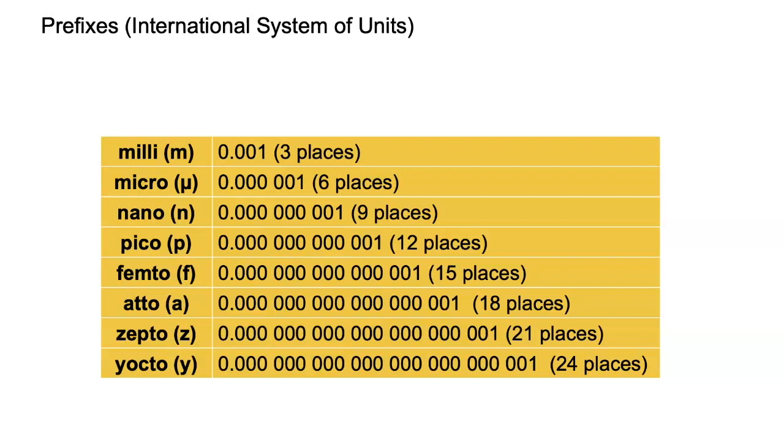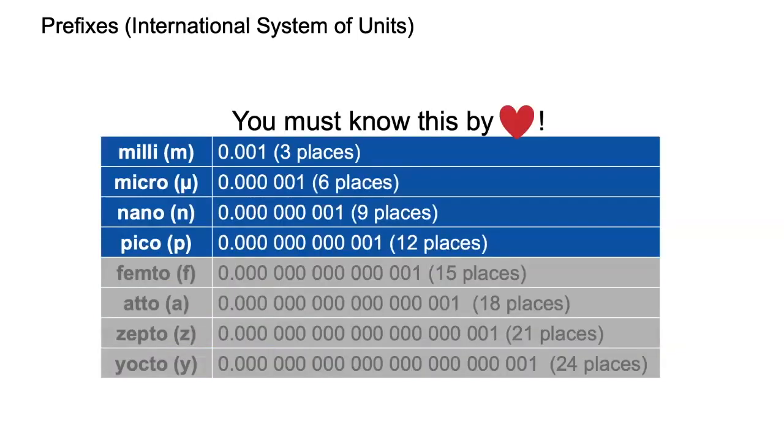In terms of hardware, I think we use maybe the first three, but we are not yet at the smaller ones, right? Maybe the first four, because pico, you don't know, it might happen soon, right? Atto, in terms of time, is now what you achieve in physics, the attosecond. In fact, people won a Nobel Prize for that this year on the atto scale.